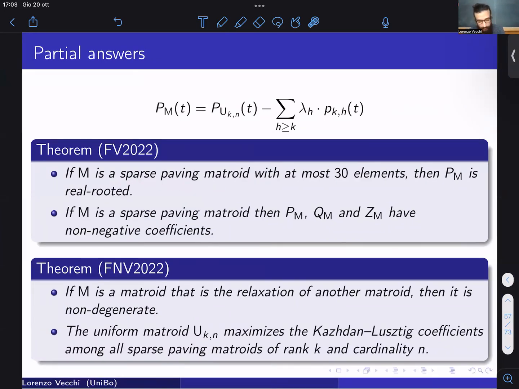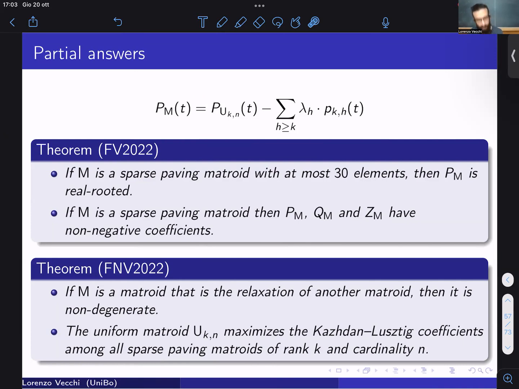for all sparse paving matroids with at most 30 elements. This is on the order of tens of thousands of matroids, and all of them had real roots. So this is huge evidence supporting the conjecture of real rootedness. And then from this formula, thanks to this bound, we were able to prove combinatorially that all sparse paving matroids have no negative coefficients, because we start from some known coefficients and then we remove something that is not too big. And then again, this also let us give our results on paving matroids regarding the degree of these